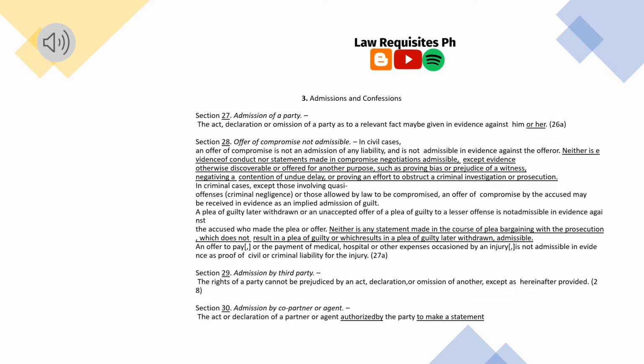28. Section 30. Admission by co-partner or agent. The act or declaration of a partner or agent authorized by the party to make a statement